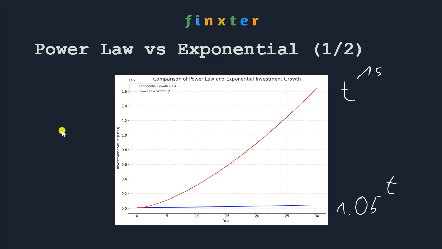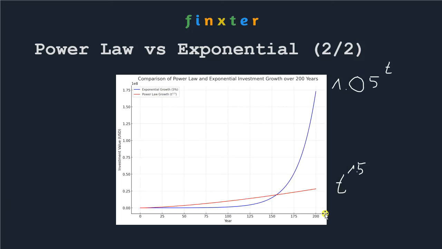And here once more, power law versus exponential. Here we have a power law. One is a 5% growth rate. Initially it might look like the exponential growth is much faster, even if you have only, say, an inflation rate of 5% or so, or debasement rate, whatever you want. And you have a power law, t to the power of 1.5. It initially grows much faster. But if you zoom out more, to the 200-year chart, you see how the exponential eventually dominates